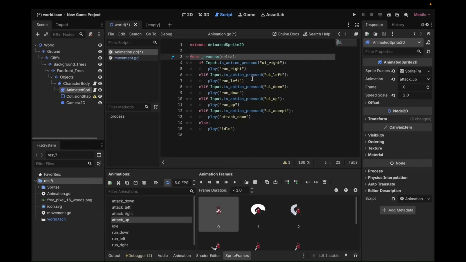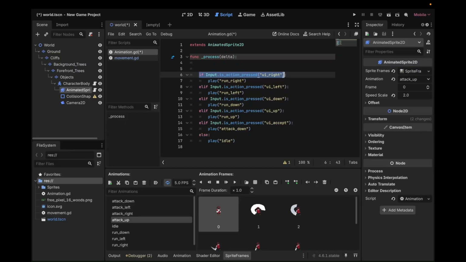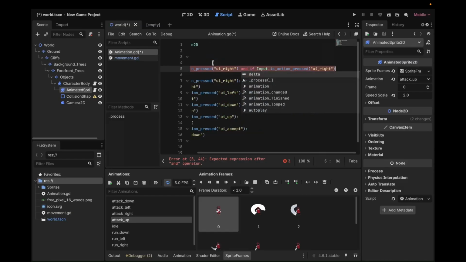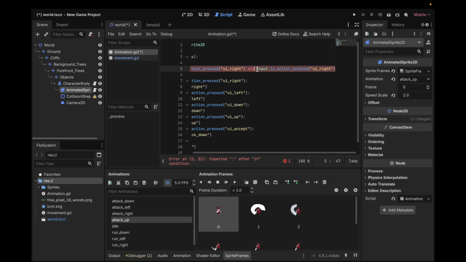Now let's look at our code. We have all of our run directions, and we have our idle attack that only idles down. We need to be able to attack in every direction. So let's just go ahead and copy and paste this. So if Input.is_action_pressed("ui_right") and delete the if, and Input.is_action_pressed("ui_accept"):